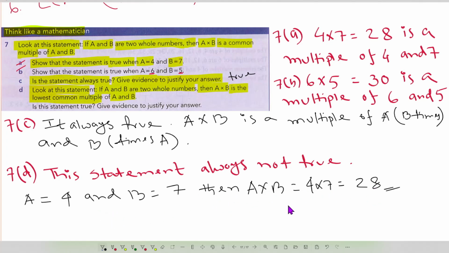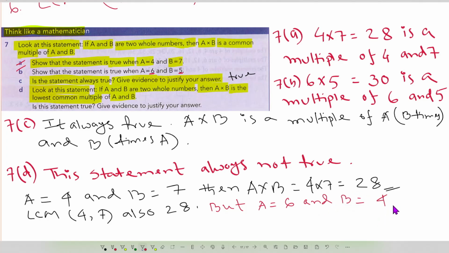And this is the LCM. LCM of 4 and 7 is also 28, but A equals 6 and B equals 4. So A times B equals 6 times 4 equals 24, and